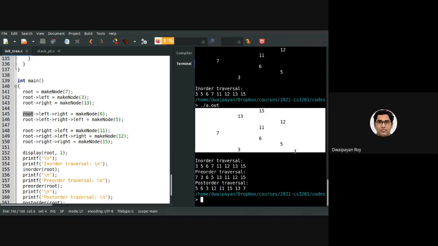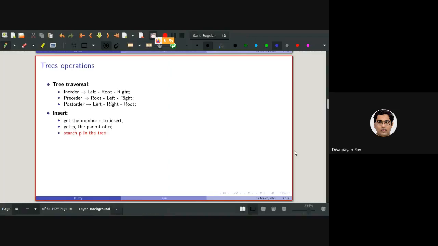So this is not possible. Basically we need to search for the parent, and only then will we be able to insert the new data. And then we will be taking the input: as what child the new node should be added to the parent node P.